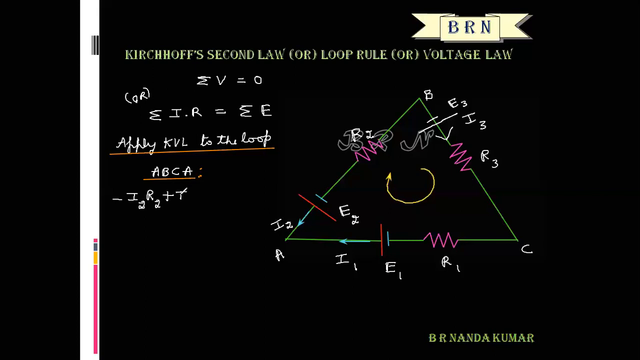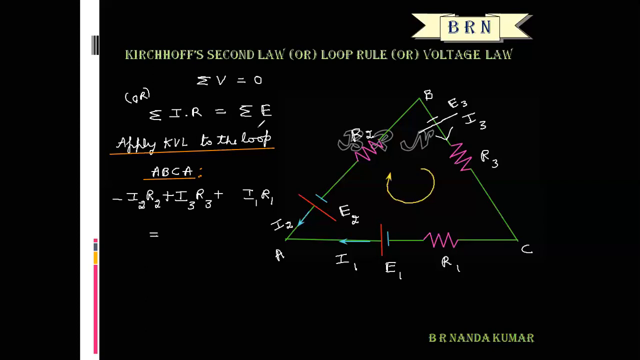That is plus I3 R3. In the next branch, CA, the indication is clockwise and the current flowing is clockwise, so the product of current and resistance is taken as positive: plus I1 R1. So that is exactly equal to